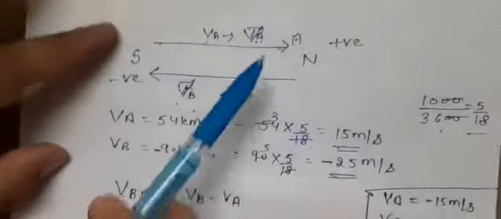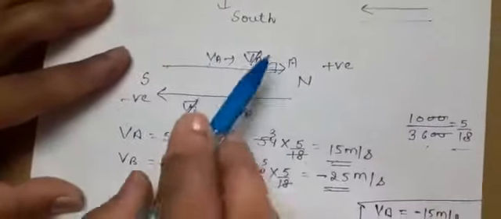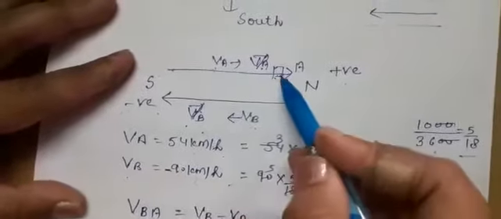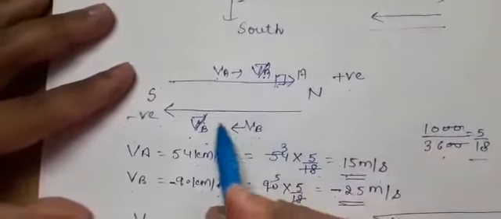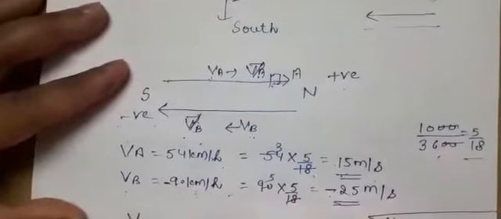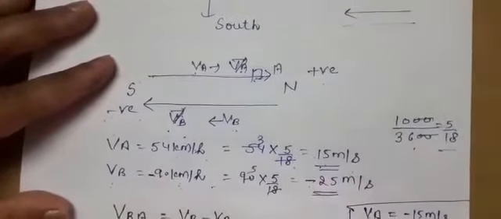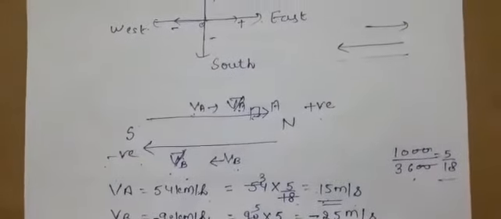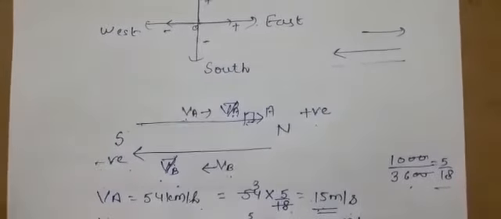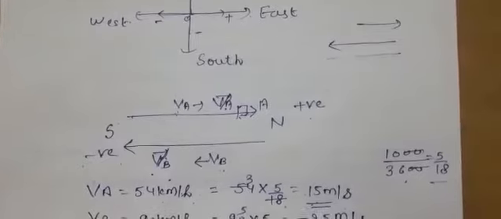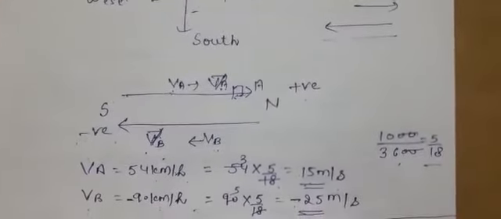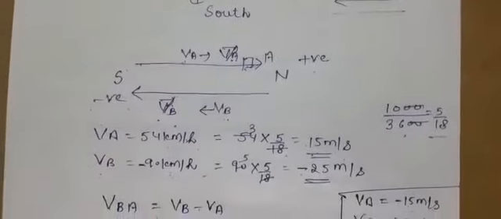It means an observer is in train A and B is also moving in the opposite direction. So for that observer, B is moving in the direction north to south with a speed of 40 meter per second, because for that observer it will not appear to be at rest. Actually, both are moving with a particular speed, but the other body he will find to be moving in a particular direction.